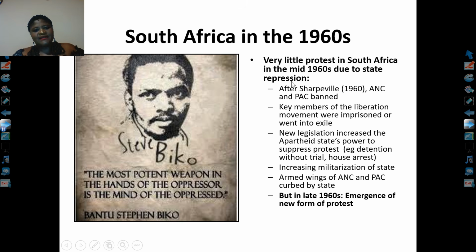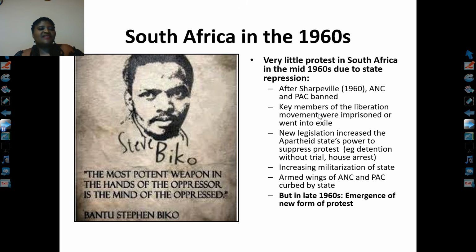During this period, around the 1960s, remember there was a Sharpeville massacre. So after the Sharpeville massacre, the political parties, the liberation movements were banned by the government of the time. So there was very little protest in South Africa in the mid 1960s due to the state repression, meaning that around that